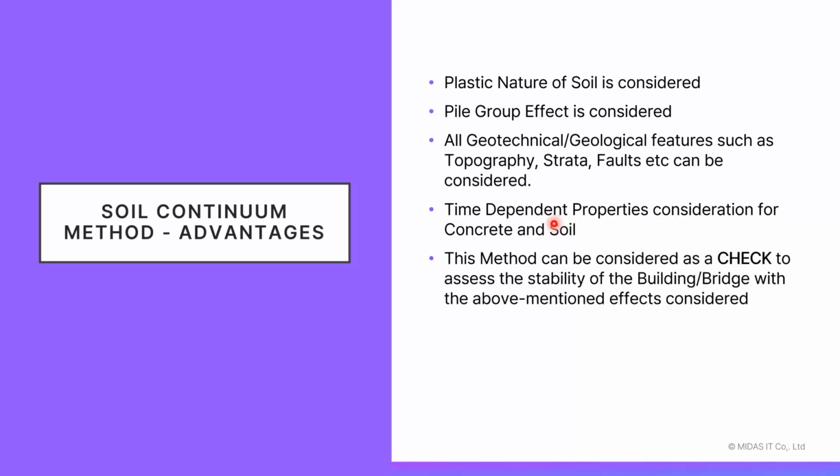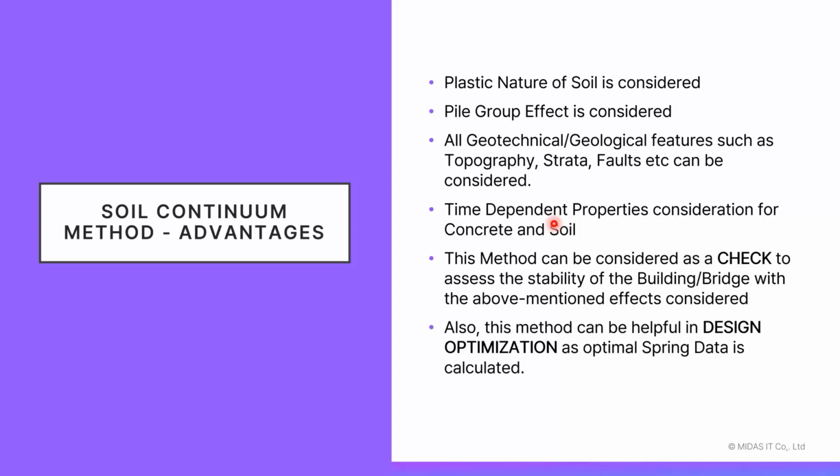And then this method at first can be used as a check. That means just to run the stability assessment of the substructure to understand the deformations, bearing pressure checks, as well as the lateral deformations and the settlements. And for design optimization, we can take back the springs, and that will be the new springs for the structural team, which will be used for the analysis and design of the superstructure. So that's the idea. These are the various advantages that we can get when you are dealing with the soil